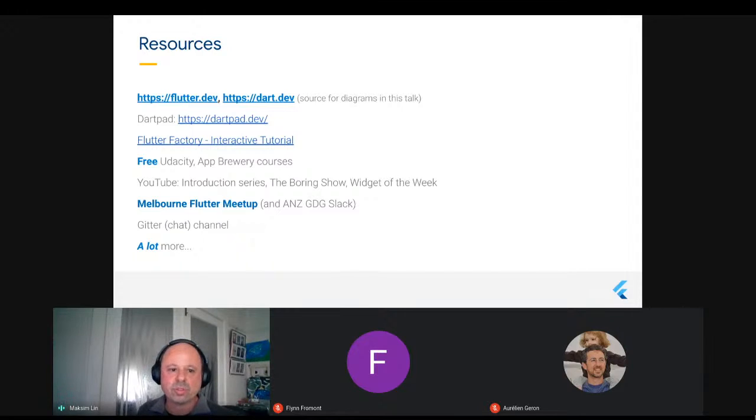So you don't have to install the Flutter SDK or Android Studio or VS Code or anything like that. You just basically get started by opening your web browser at that URL. Chrome is recommended. I think it works in Firefox and other web browsers too, but Chrome would be the best experience for that. Likewise, there's also an interactive tutorial.